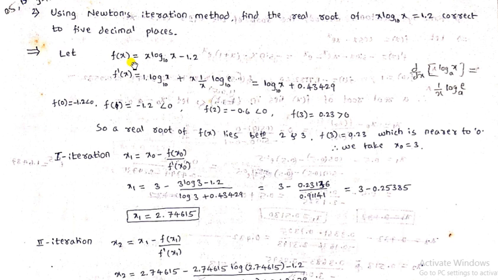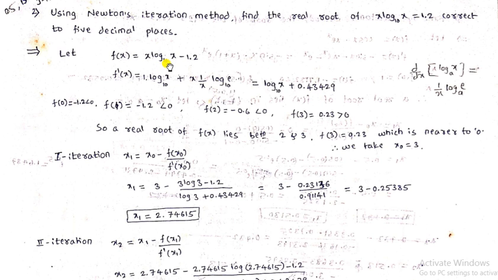So now differentiate f of x with respect to x. So differentiation of x is 1, keep log x to the base 10 as it is, and differentiation of 1.2 is 0, plus now keep x as it is, differentiation of log x